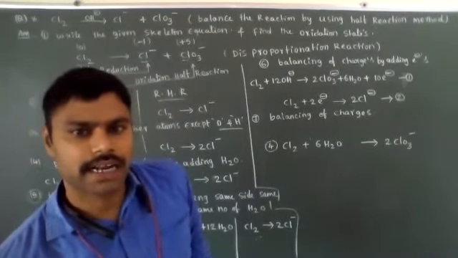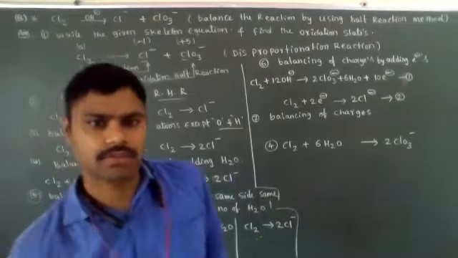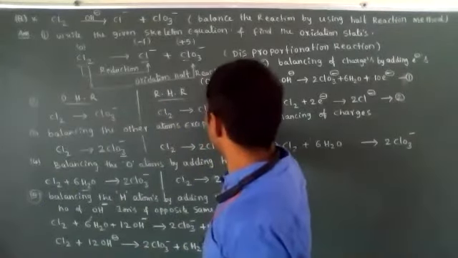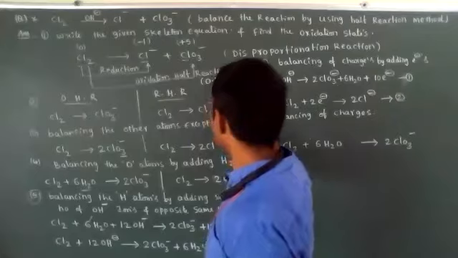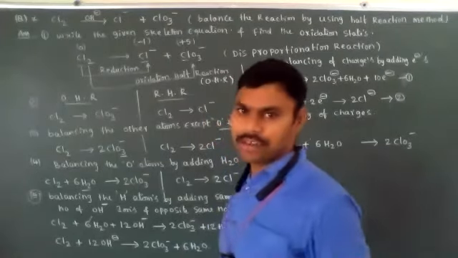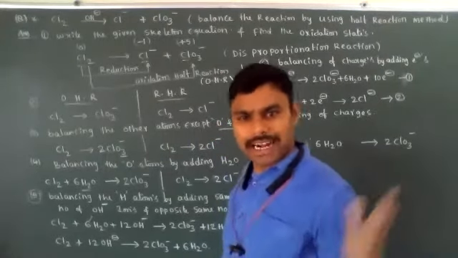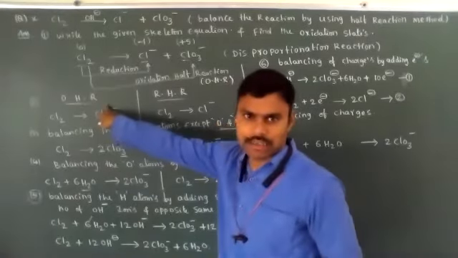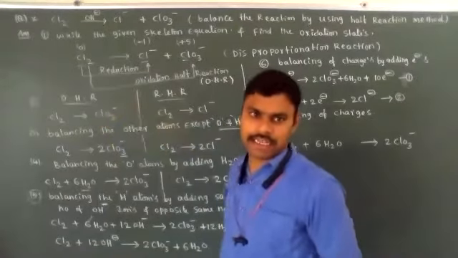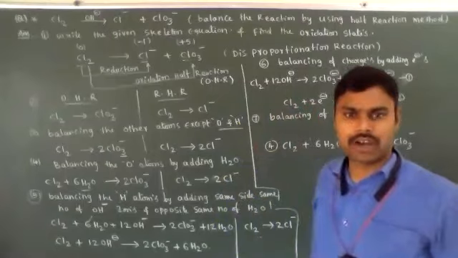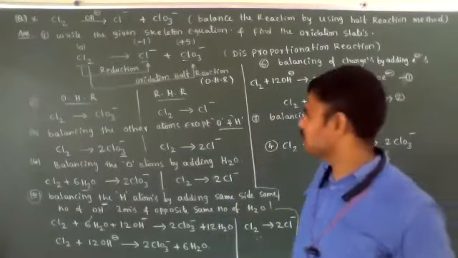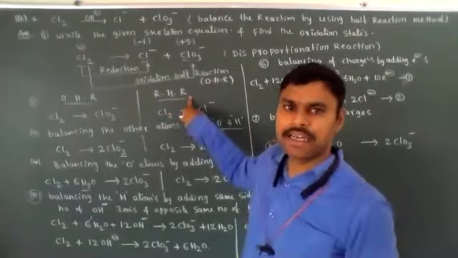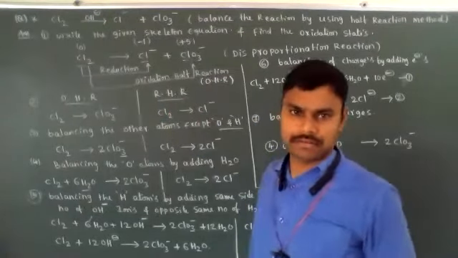What do OHR and RHR mean? What am I saying? O means oxidation, H means half, R means reaction. Oxidation half reaction. Already yesterday you listened to this; I just used those shortcuts, OHR and RHR. Again you are asking now, which means you are not doing revision. OHR means oxidation half reaction. RHR means reduction half reaction.